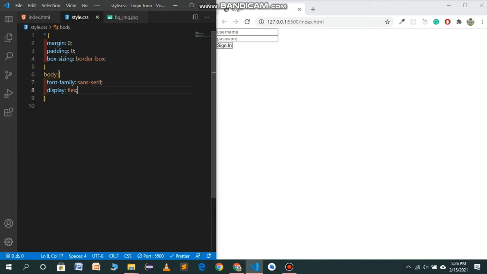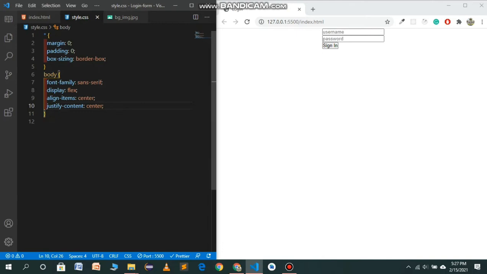Display flex, align items center, and justify content center. So this has aligned our content in the center.